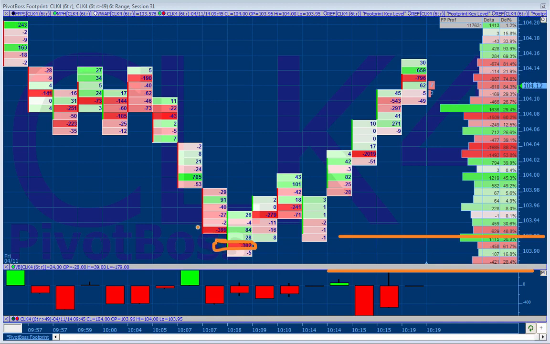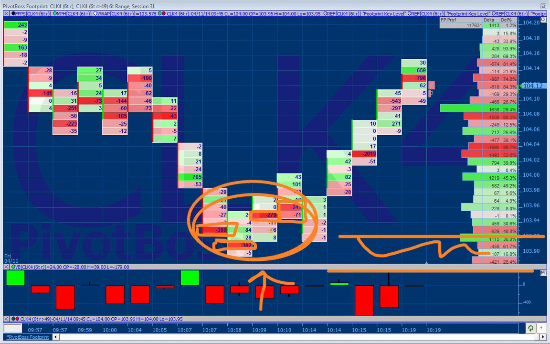302 contract sell imbalance. 400 here. 279. There's about 300 right here. All of these sellers came in right off of our area of support. That's absorption. That means there are big passive buyers here that are defending this zone with limit orders time and time again. So all of these sellers have to unwind and push this thing higher because their stops start to get triggered.